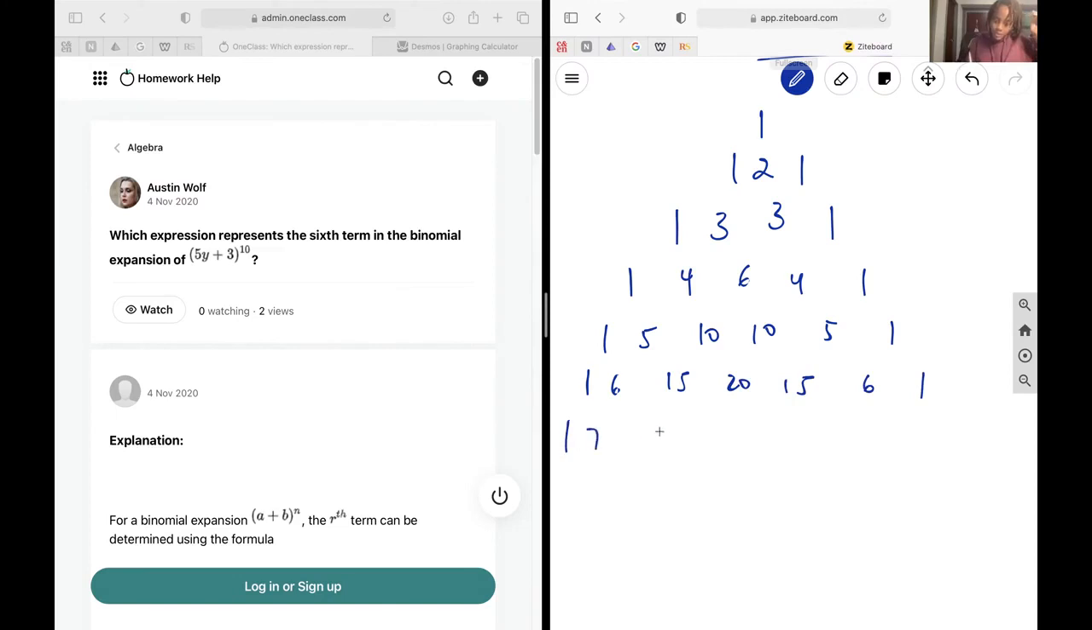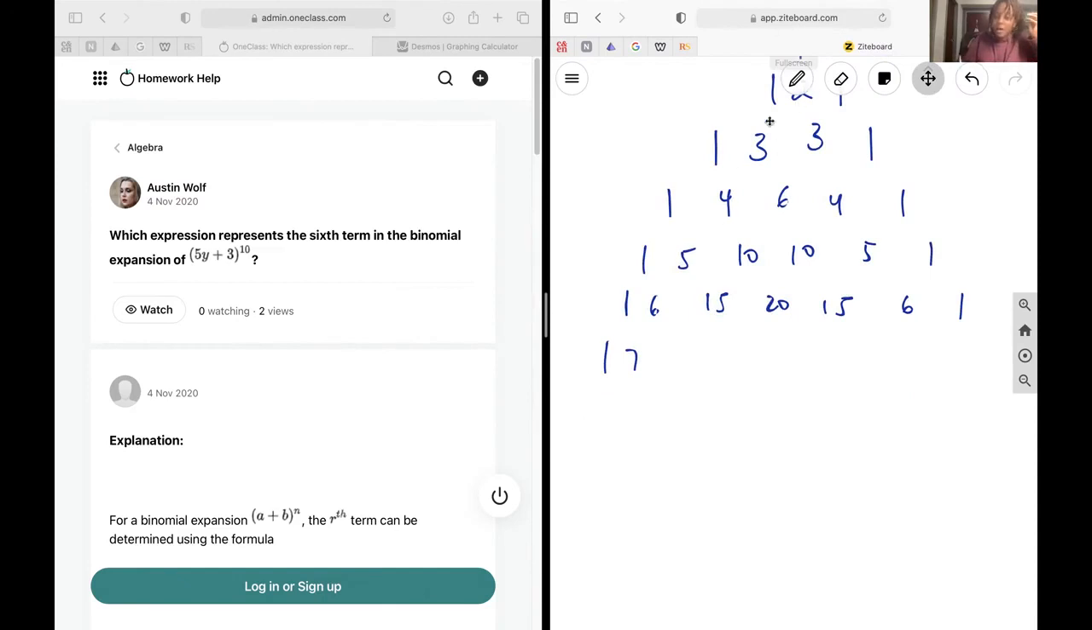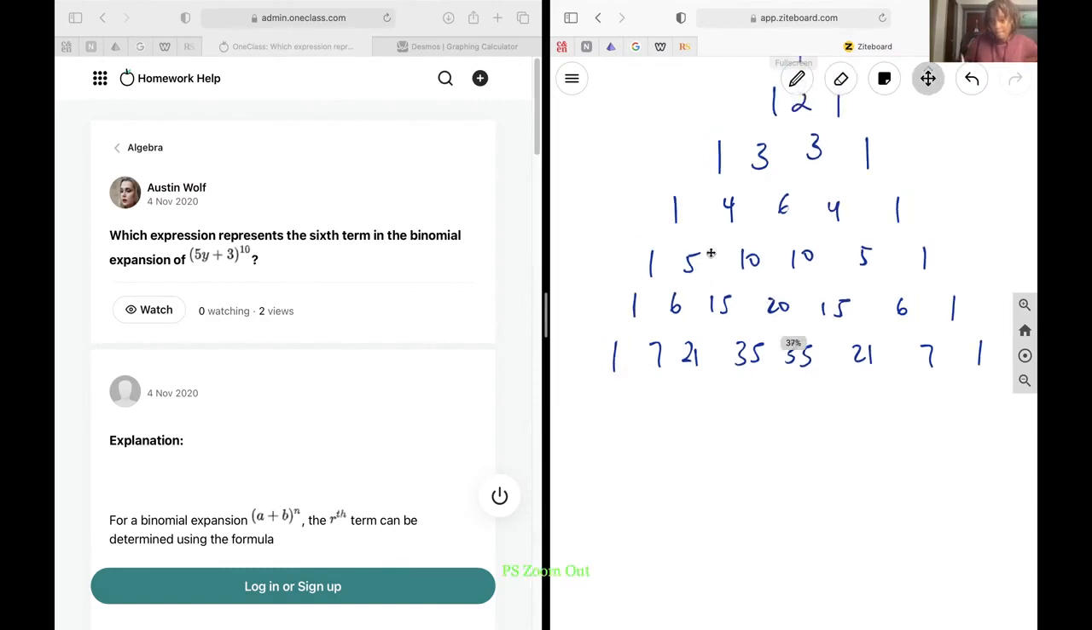And if you haven't noticed, there's symmetry in both of them, which tells you that they're on the same thing. Sorry, that wasn't clear enough. 1, 7, 21, 35, 35, 21, 7, 1, 1, 8. Space things out. So we get 1, 8, 28, 56, 70,